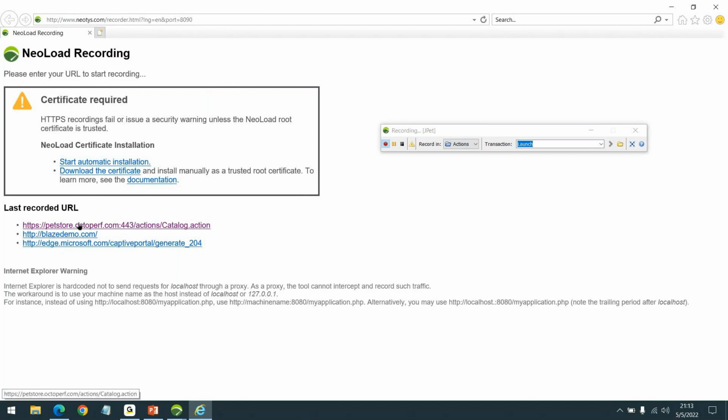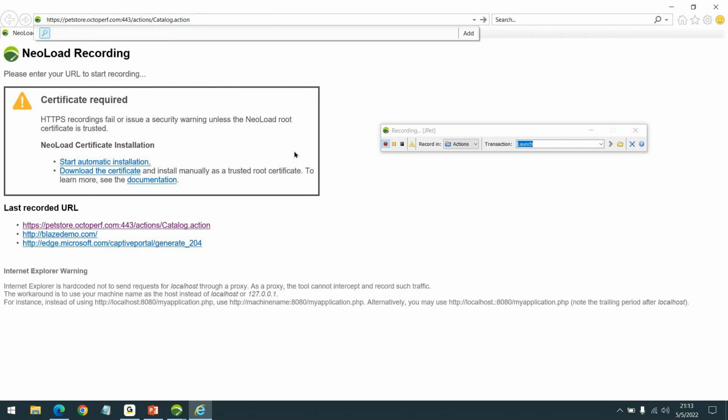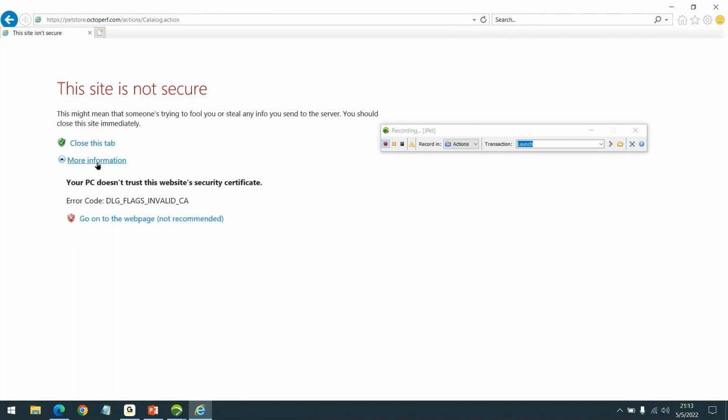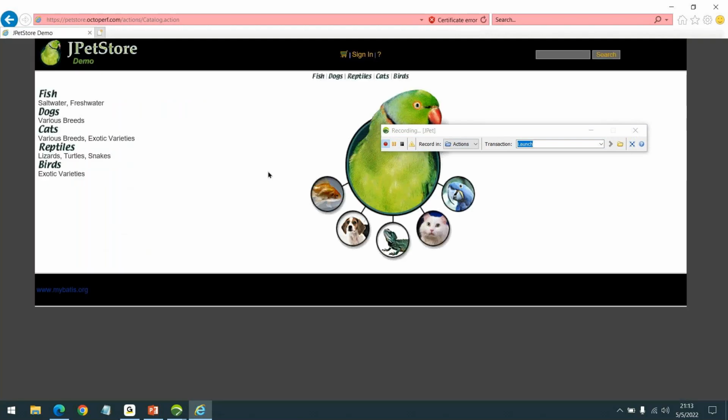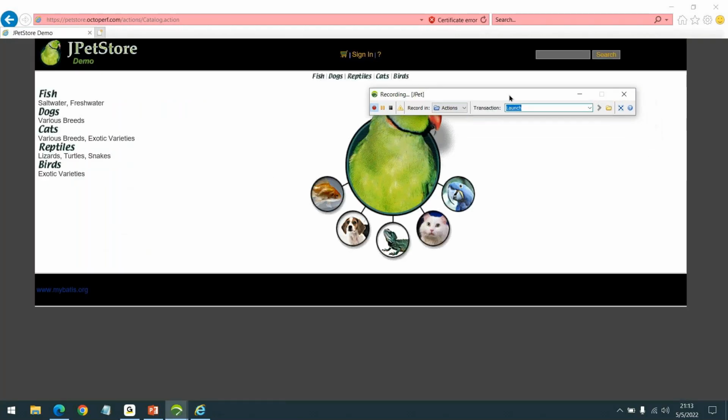Since it says last three recorded, I can either click this or simply use the address bar, paste it right here, and click enter. This would load the page. I will just continue. This is just a demo application. So I've just simply launched.